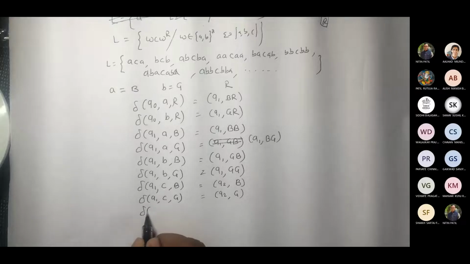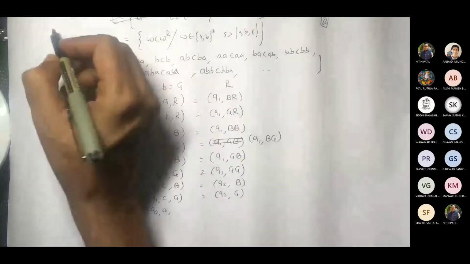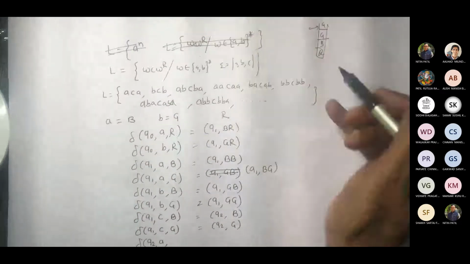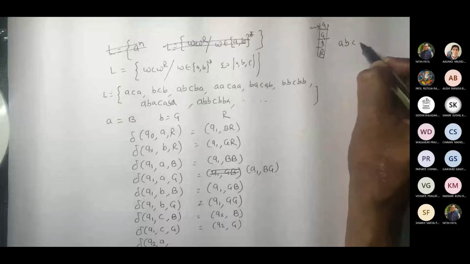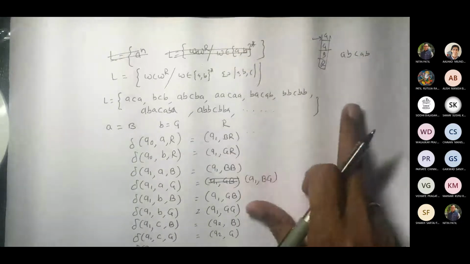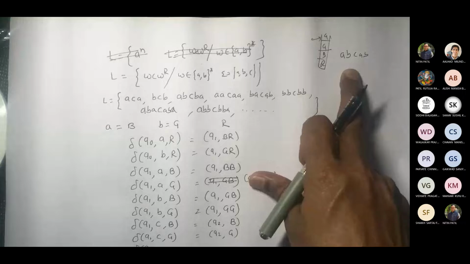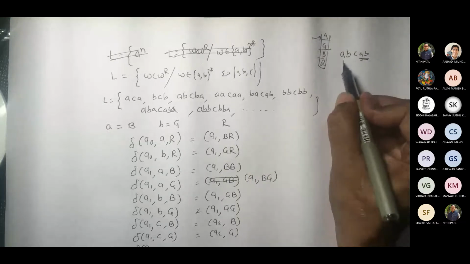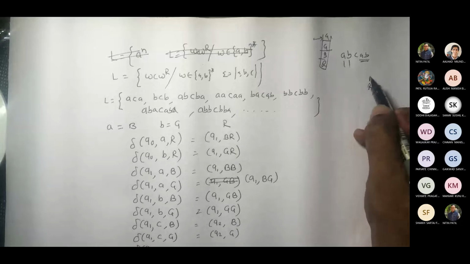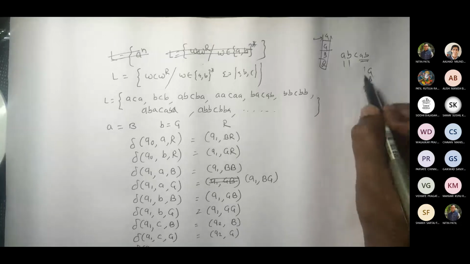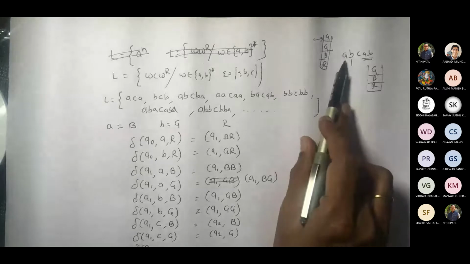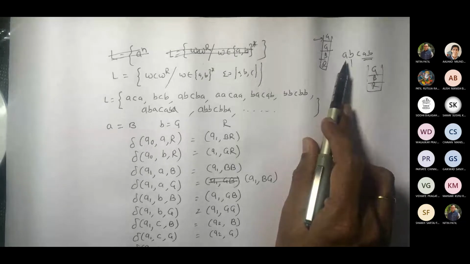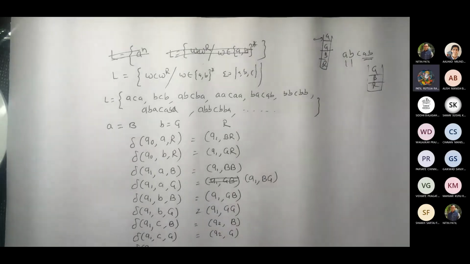Now at the time of pop, if I get A, suppose this is the string. Say for example, let me take some string here like this. So it is A, B, C, A, B. Is it W C W R? No. No, because, sir, this is not the reverse, correct? So because of this, what will happen? So R, blue, green, correct? Added in the stack. Am I right? Am I right? Yes, sir. Yes. Okay, good.